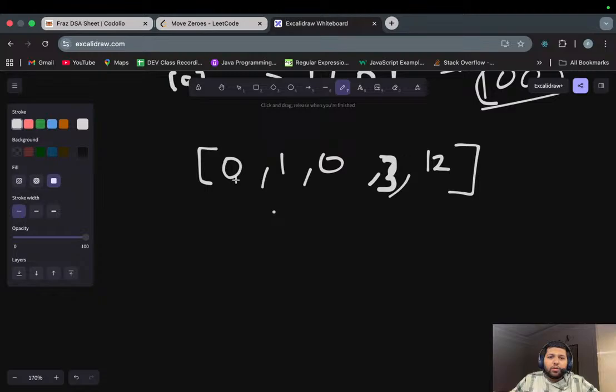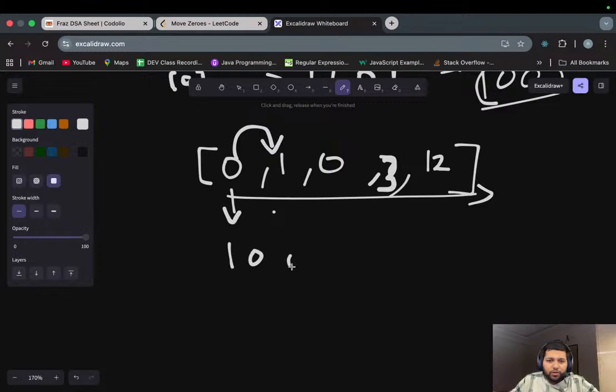Let's suppose कि हम एक लूप चलाते हैं शुरू से लेके लास्ट तक, and we check if the element is 0. We just swap it with the next element. Then we'll get 1 0 0 3 12,